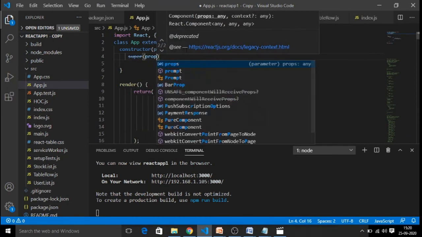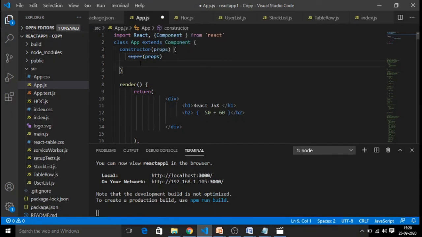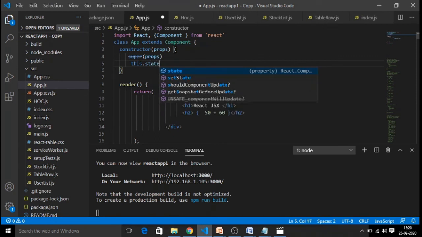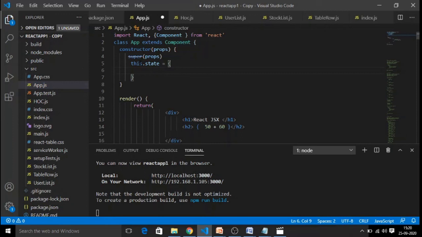What props are, we are going to discuss in our future sessions. Now here is the thing, we need to define a state. Whenever you want to declare any data for your component, you need to declare a state. State is nothing but a modifiable structure for a component. The data and the values we use with the state can be updatable.